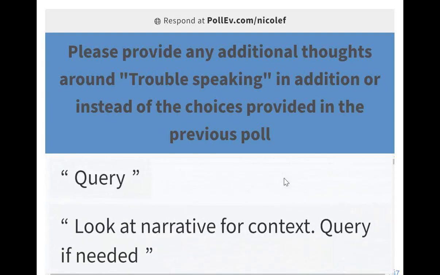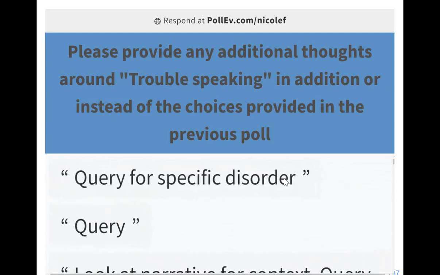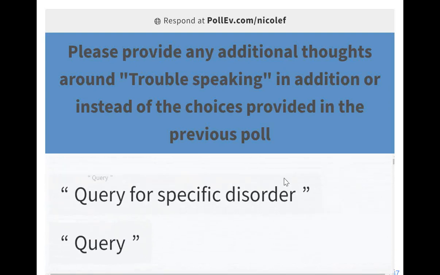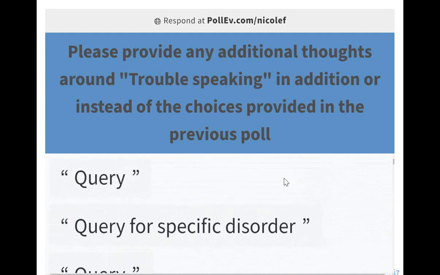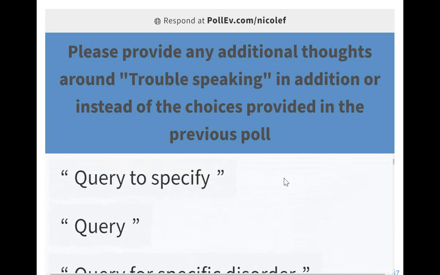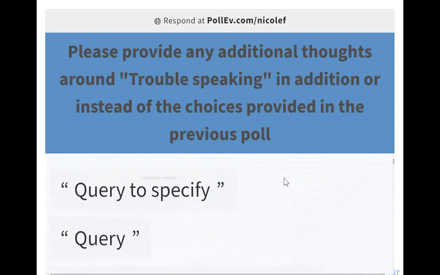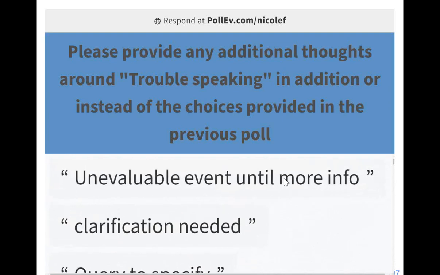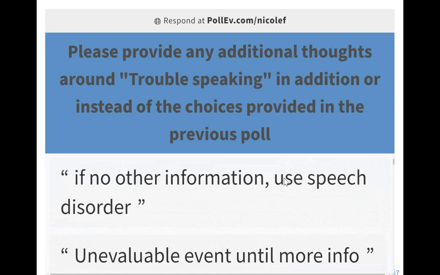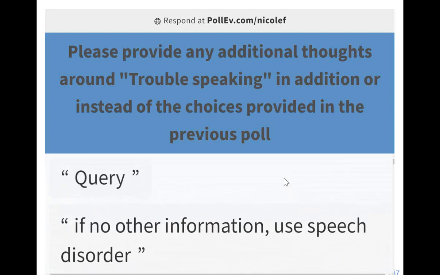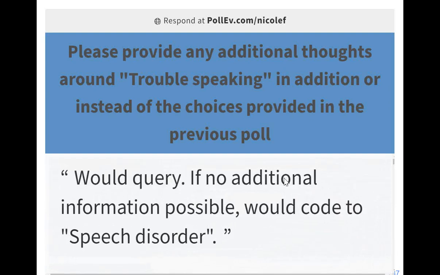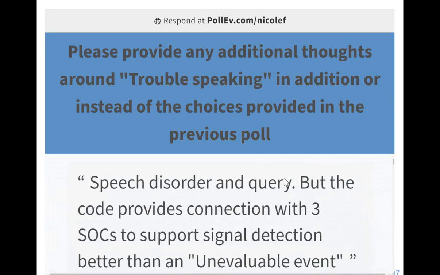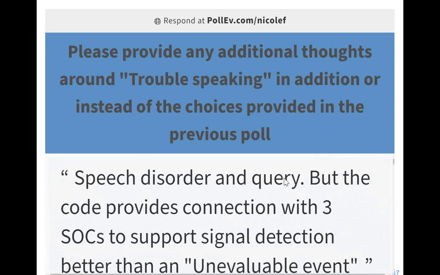Yep, and we just got a very good comment here: look at the narrative for context. That is a great point, and I did not mention it, because if you are on the clinical side, you're very limited in what you can do. You have to stick to the term; a query must go out, you can't touch anything. But on the safety side, they do have a little more flexibility in that they have source documents or narrative, and you can get some context around it and have the term updated. So, here's someone who said they would query, and if not, they would go to speech disorder.